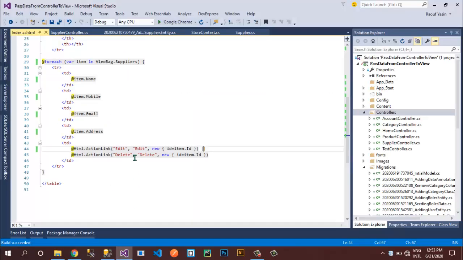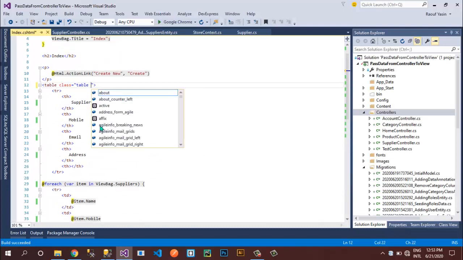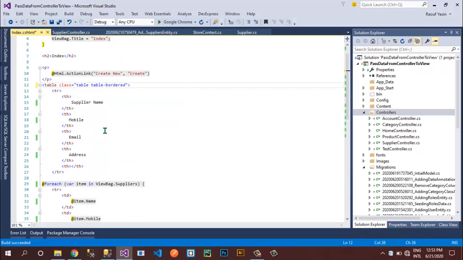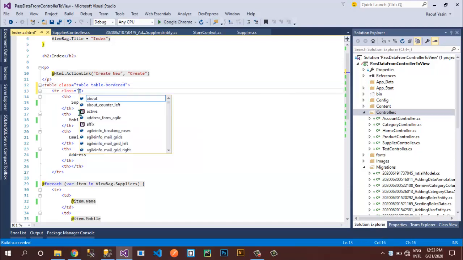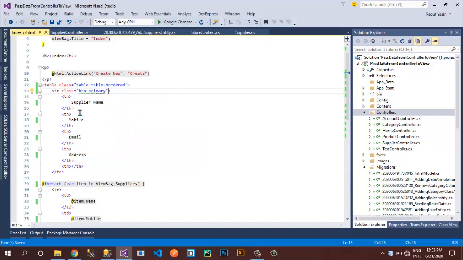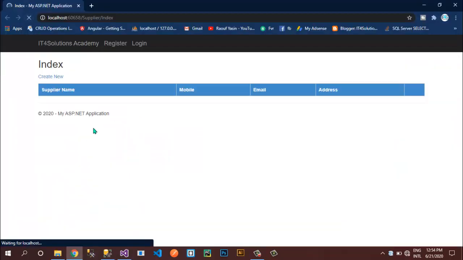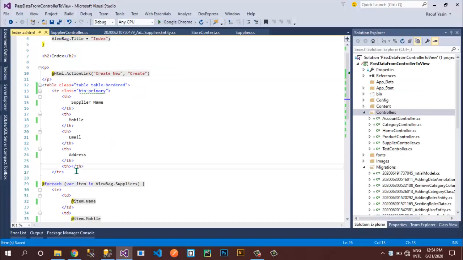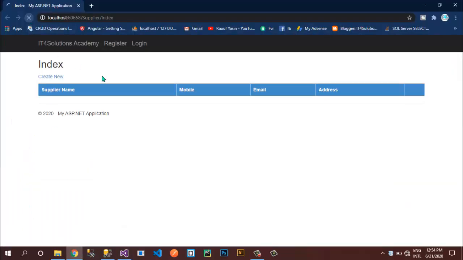At this stage what are we getting from our application? Okay, we're getting this one. So I'll apply some more classes over here, table table-bordered, and I'll set the background color of this tr as class equals to btn-primary as below. If you refresh right now, okay, we're getting our table. Perfect. Next thing, I want to set action over here so that this empty header doesn't look bad, so I'll set action. Fine, refresh. Perfect. Okay, so this is our view.